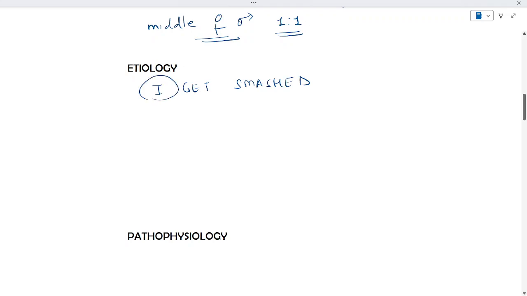So I stands for idiopathic, G for gallstone, which is the second commonest cause, E for ethanol, that is alcohol intake, most common cause for pancreatitis, T for trauma, S for steroids, M for mumps or malignancy, A for autoimmune, S for Scorpion sting, H for hypertriglyceridemia, E for ERCP, that is endoscopic retrograde cholangiopancreatography, and D for drugs, that is certain medications. So these are the etiological factors. Do check it out in the short if you want to go through them one by one slowly.